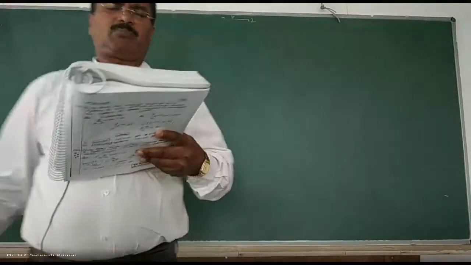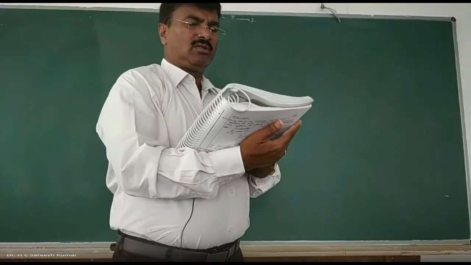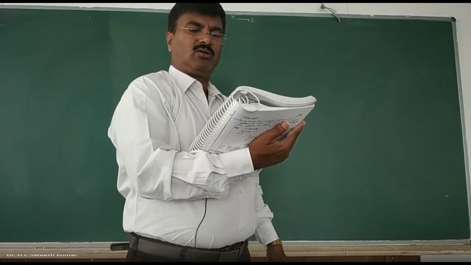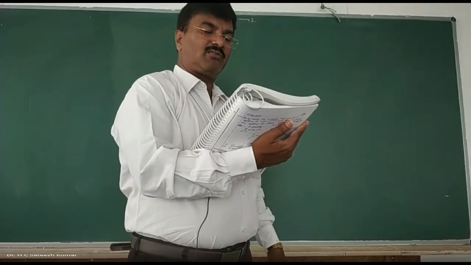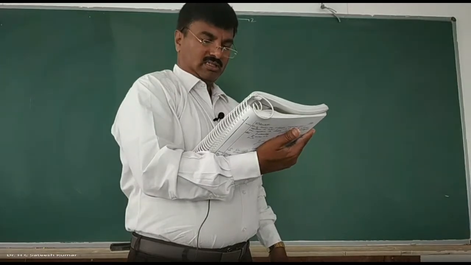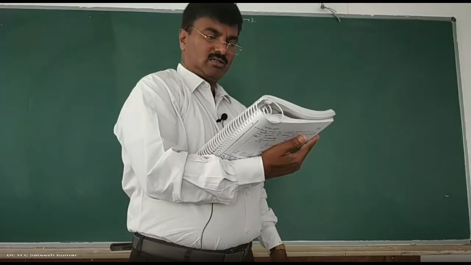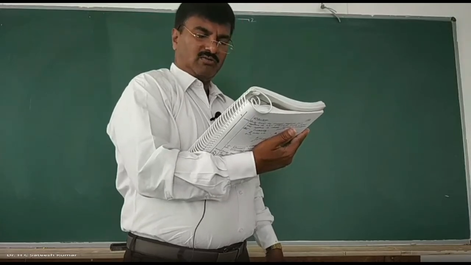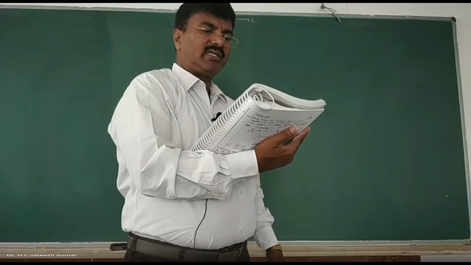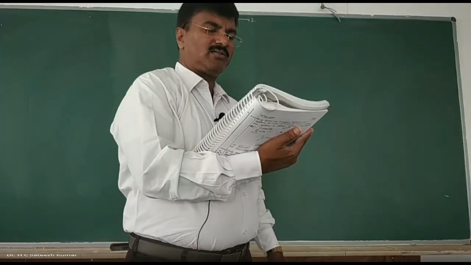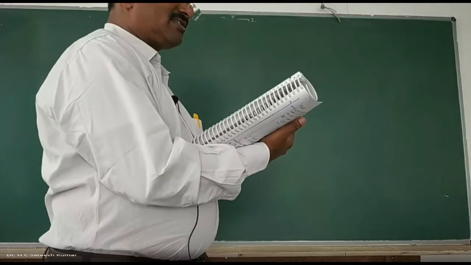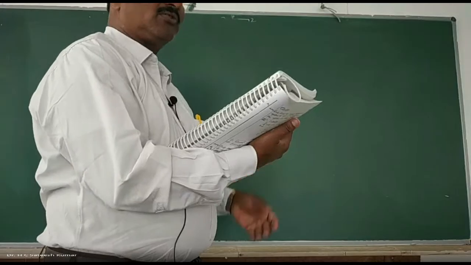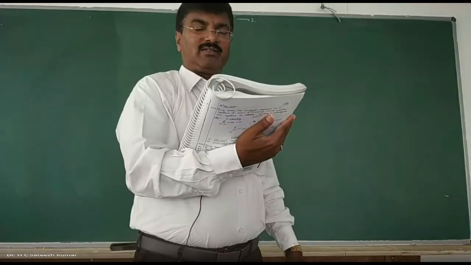Another examination problem. By direct evaluation of convolution sum, determine the step response of the discrete time system whose impulse response is h of n is equal to half to the power of minus n into u of minus n. Sketch the response and hence verify whether the system is stable and causal. That means you will have to find the step response as well as check for the properties, a combined problem. We shall go for it.